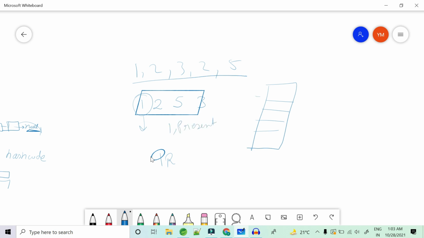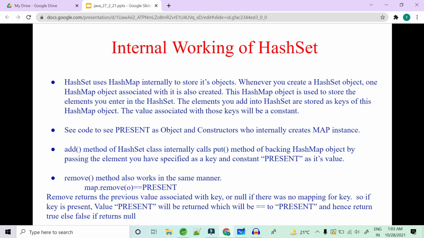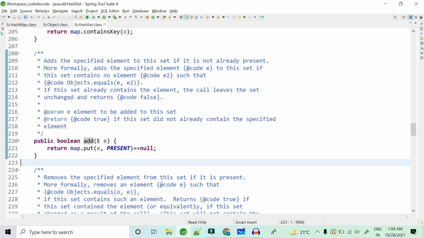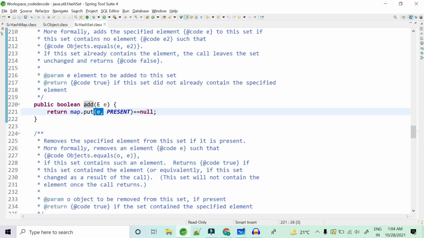The key is used to calculate the hash code. As soon as you get the hash code, you get your bucket location, and there your entry object 1 comma PRESENT is going to be stored. So this is the add method: map.put, where the key is the element that you're going to store and PRESENT is the constant value.